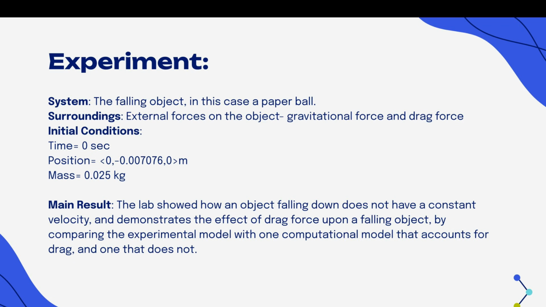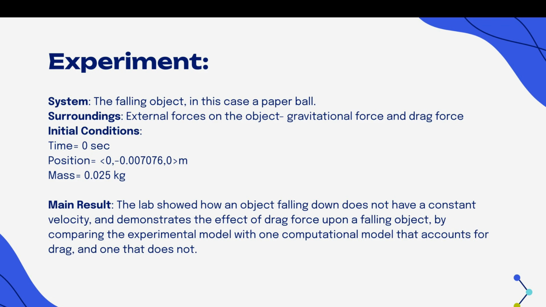The initial conditions are time equals 0 seconds, position equals negative 0.007 in the y-axis, and then a mass of 0.025 kilograms. It's in the y-axis because the object is falling down. And then the lab showed how an object falling down does not have a constant velocity and demonstrates the effective drag force upon a falling object by comparing the experimental model with one computational model that accounts for drag and